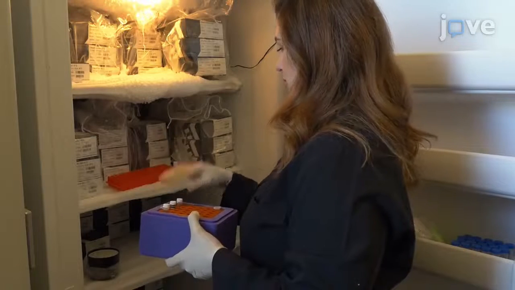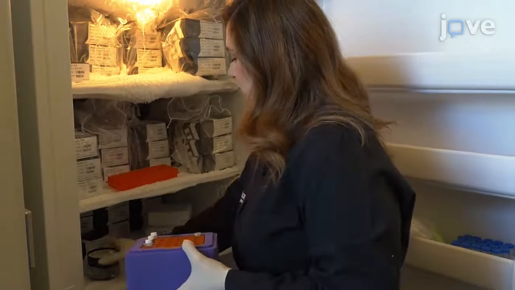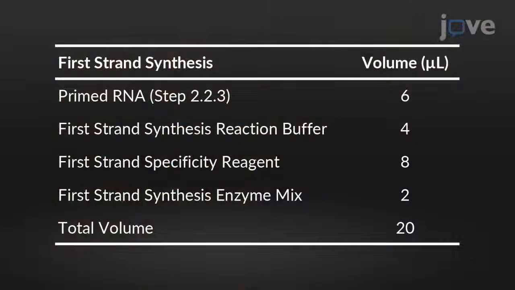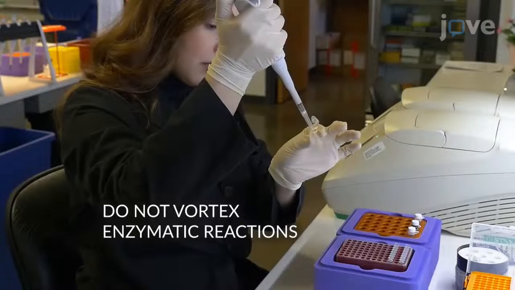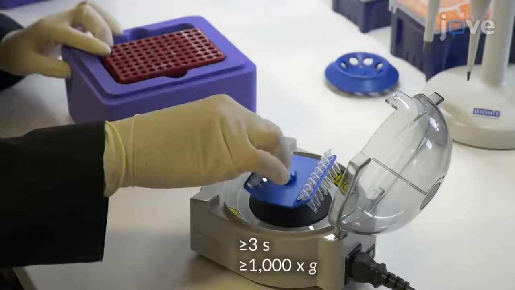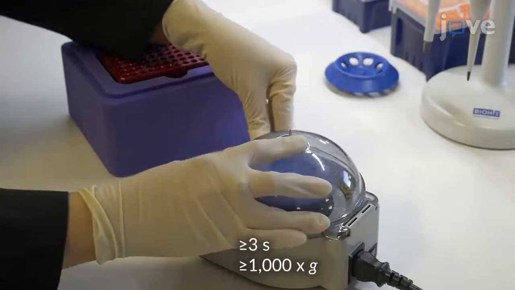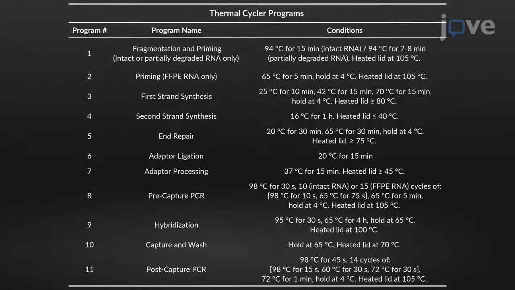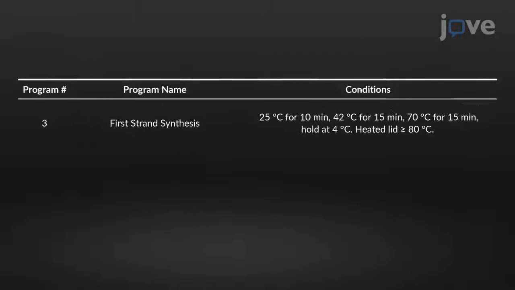For highly degraded RNA from formalin-fixed paraffin-embedded samples, assemble the first strand synthesis reaction on ice according to the table. Thoroughly mix the reactions by pipetting up and down several times before briefly spinning down the samples in a microcentrifuge. At the end of the centrifugation, immediately place the samples into a preheated thermal cycler following program number 3 from